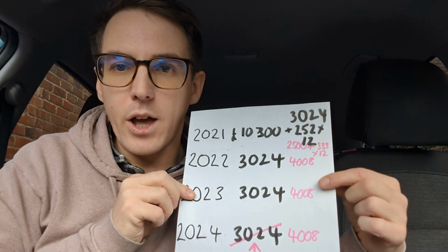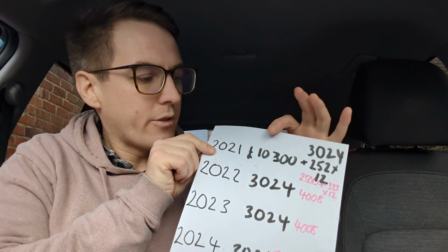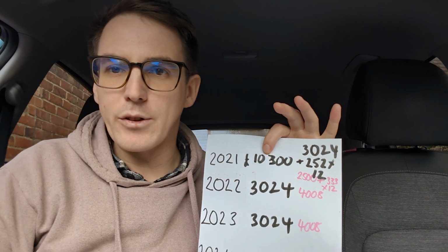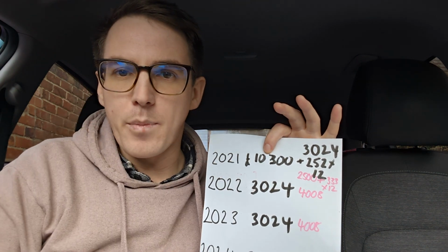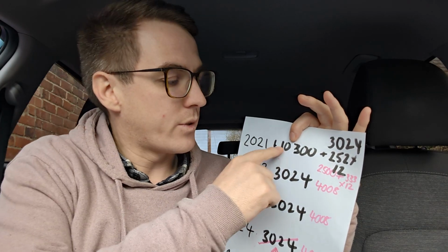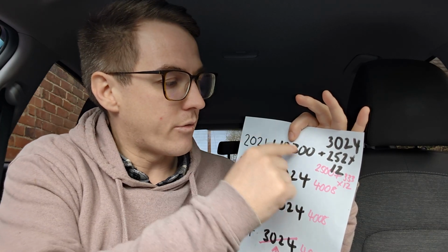But here we go. So in 2021 I agreed to give them a £10,300 deposit. I think that does need to be flipped, sorry, maybe in editing I'll flip it around so you can actually read it. Plus I had 12 payments of £252, so a total of £3,024. So that's £13,324. Whereas I just looked up what the cost is to buy a new petrol, and it's a 1 litre petrol,